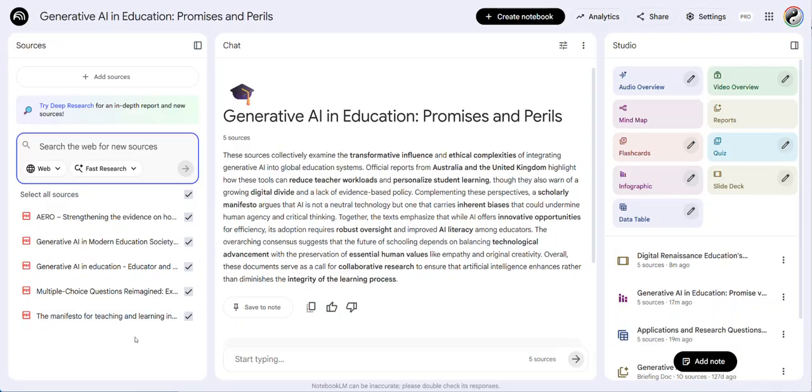This is as of January 2026. The other thing you can do is you can actually search for sources, particularly if you're just starting out and you're not quite sure what you want to do. So